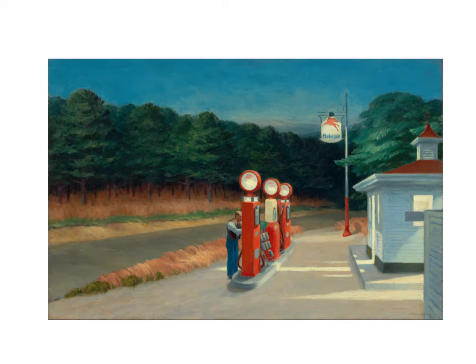But one of the hallmarks of Hopper's work is that he used a very American landscape. He used very American buildings. He used the places that he visited, where he lived. He traveled a little bit around the country. He took road trips and stayed in motels and things like that, and he often used these things for subject matter.